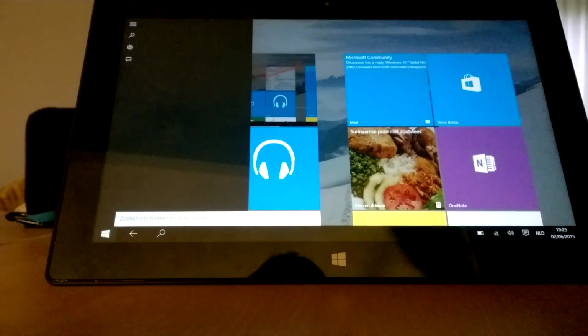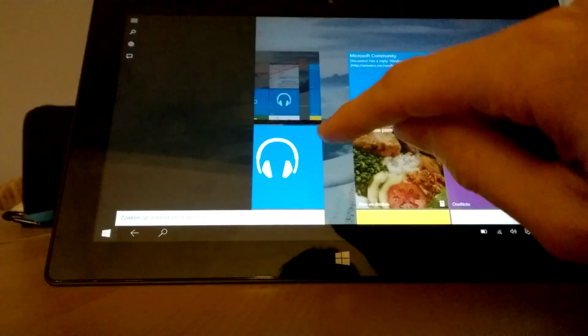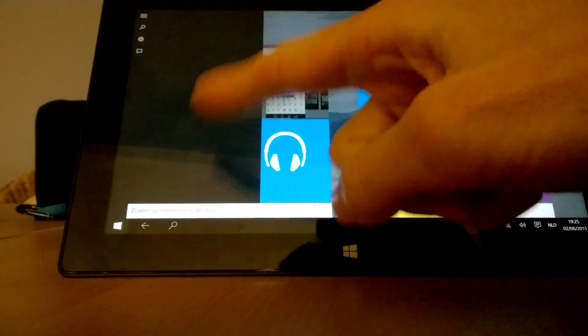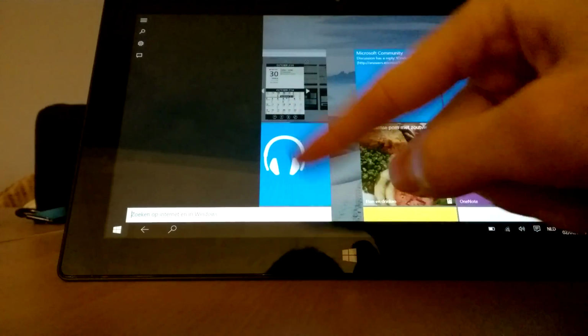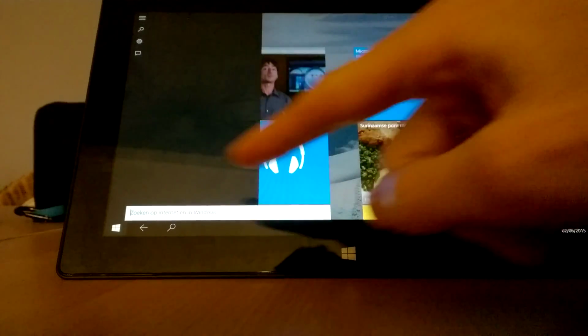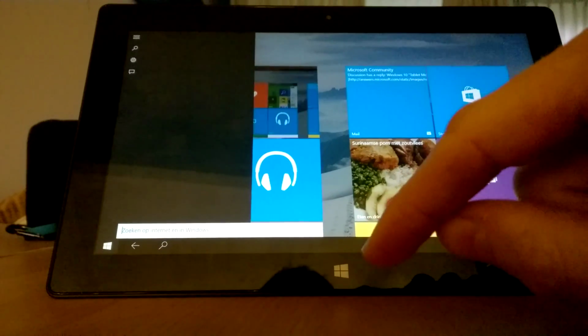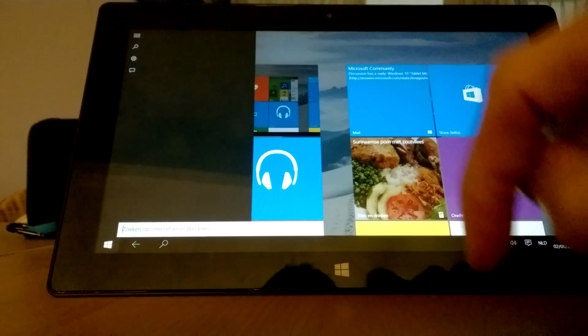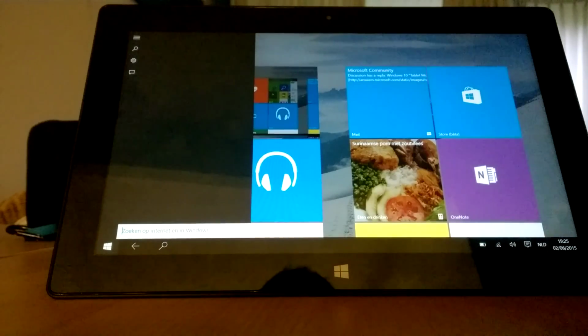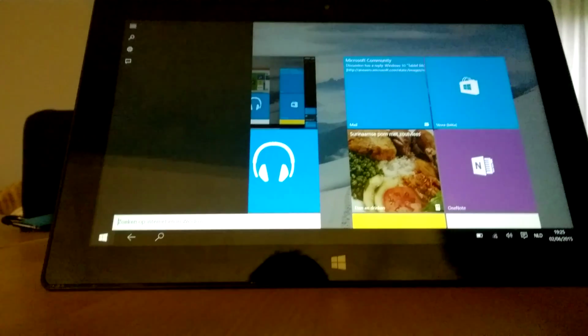And this is a bug that has been present ever since 10122 and doesn't go away and comes randomly, and is quite annoying in my opinion. I wish Microsoft would finally fix this issue, but it's been there for quite a while, even in this version apparently. But what I want to show you next is